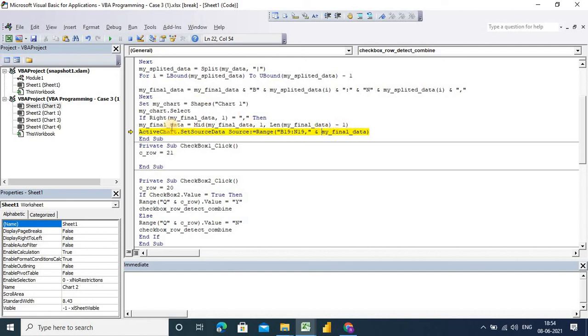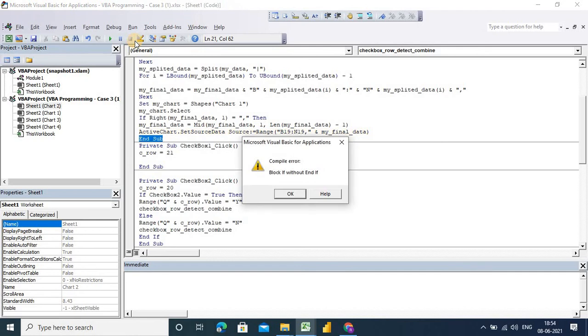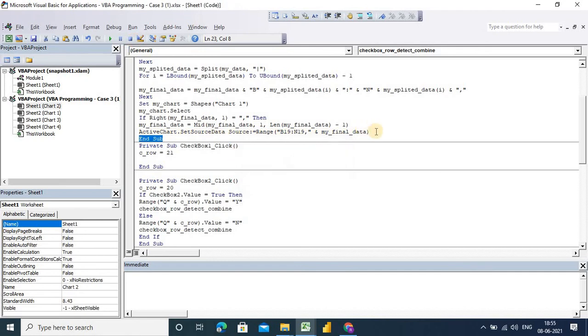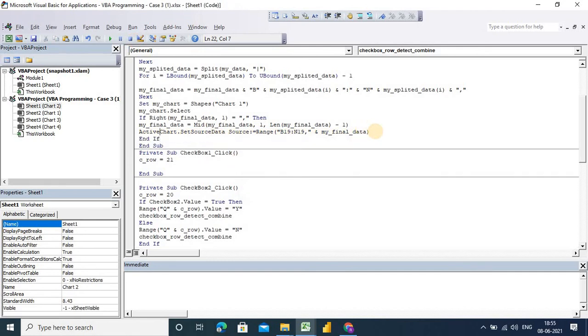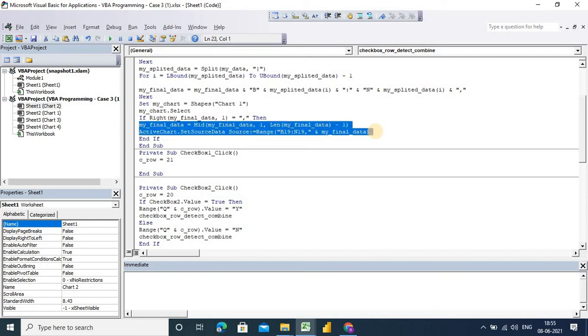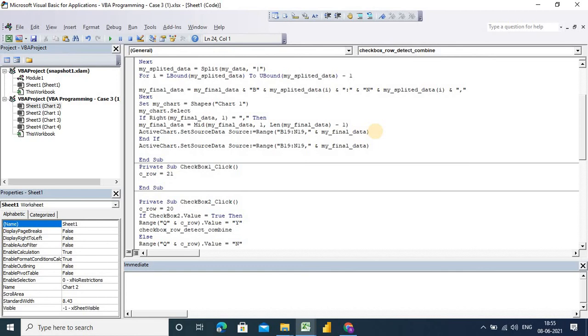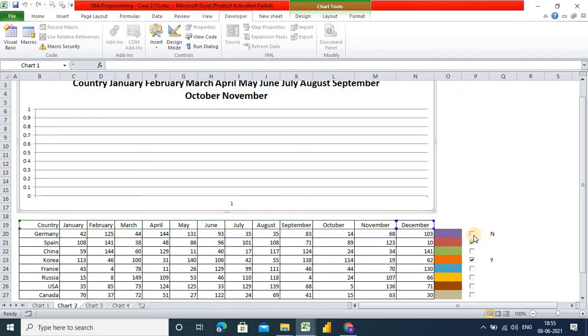So now let's see, this is my final data. Oh, I should write End If here. So as it is. Now let's run again.